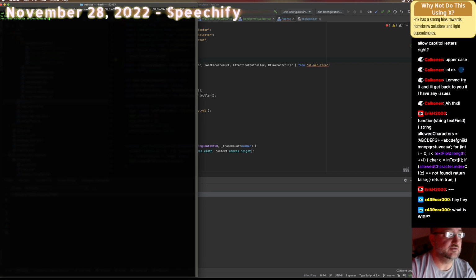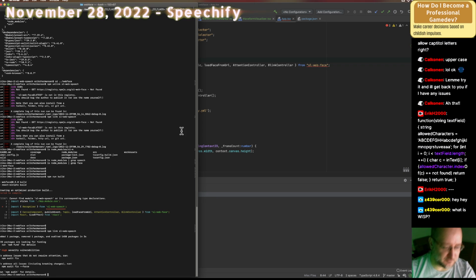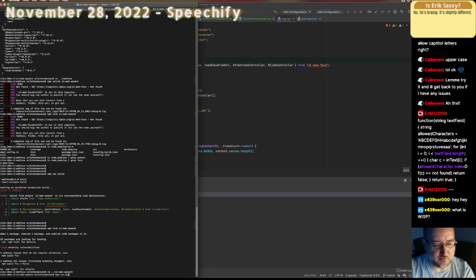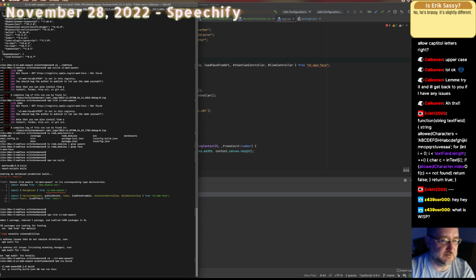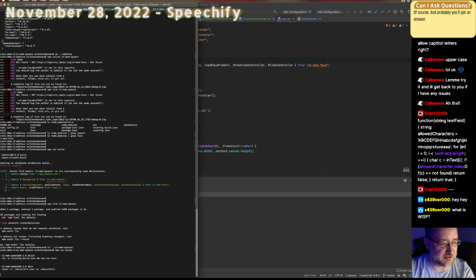Okay, cd. Actually, I kind of like that one. That'll be my one for the web app. This will be the one for web speech. npm run build. That should update the exports from the SO Web Speech library. Then when I come back to here,